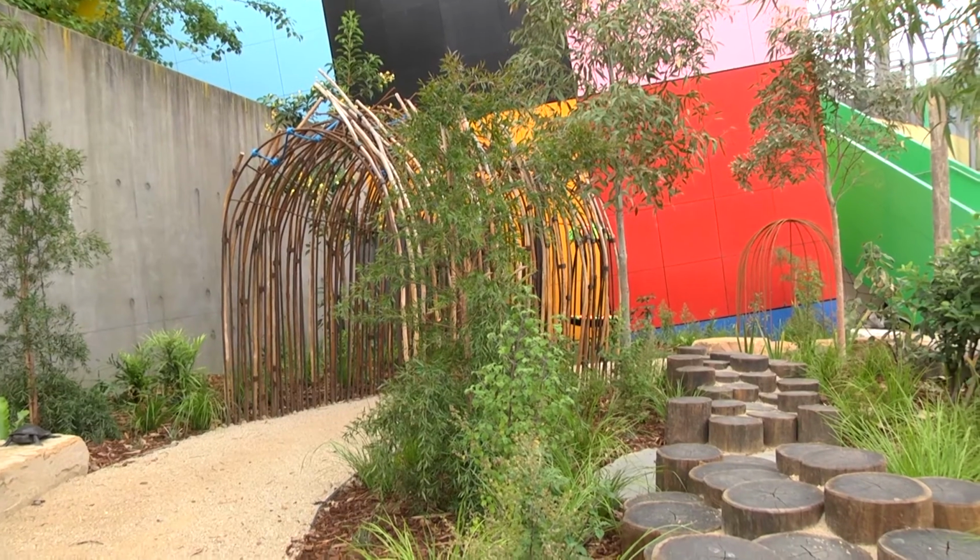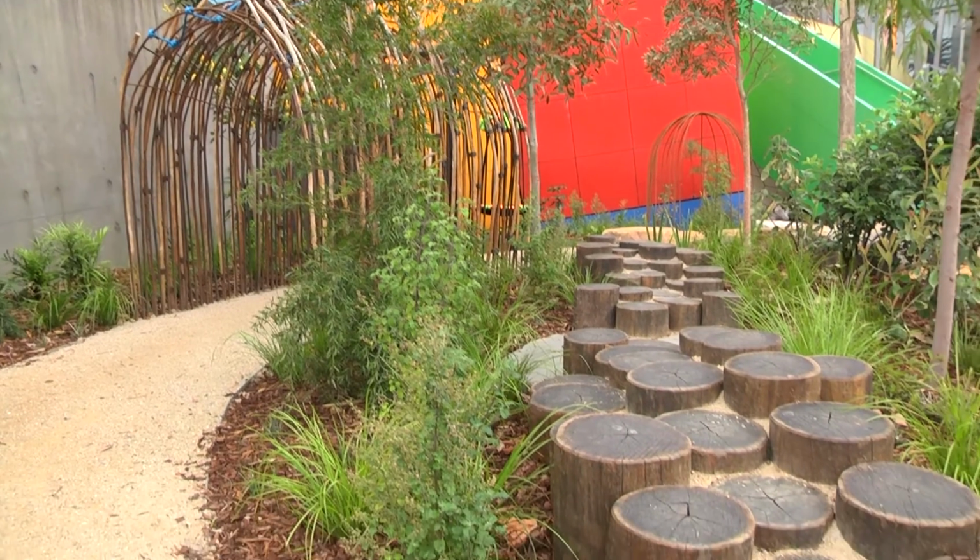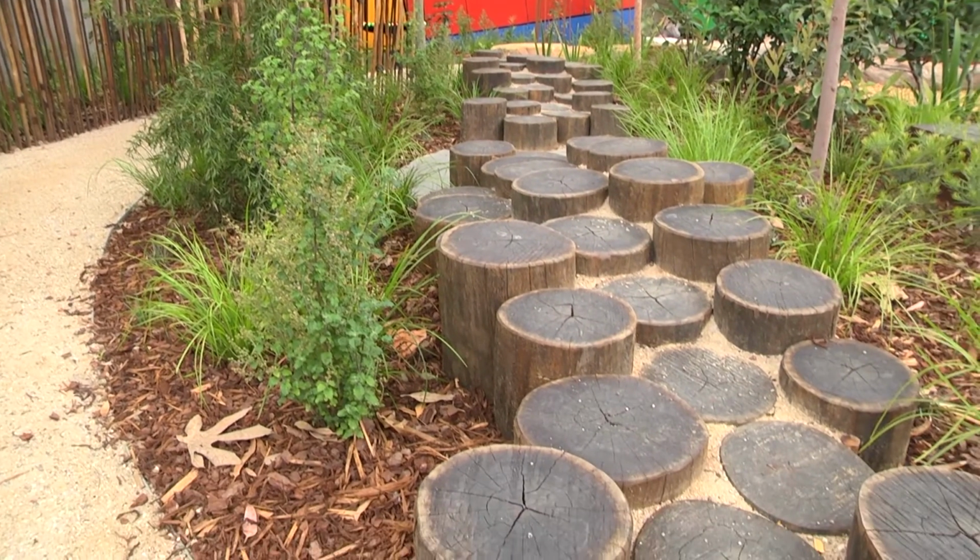Talk about how you grappled with the architecture. Well, as I said before, the architecture defines the perimeter of the space, and there's no getting out of that. The primary colors are quite dominant. Well, I suppose things like the bush discovery garden contrast nicely with that. So I think that's pretty much the way we approached it, is that we're not so much going to bring more of that primary color in